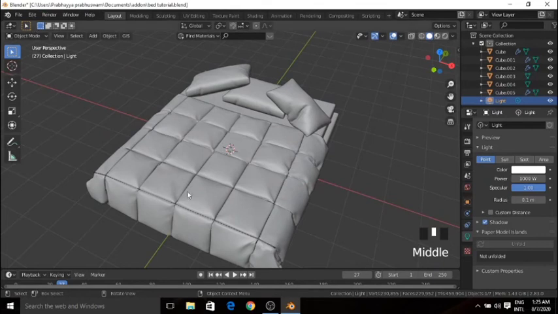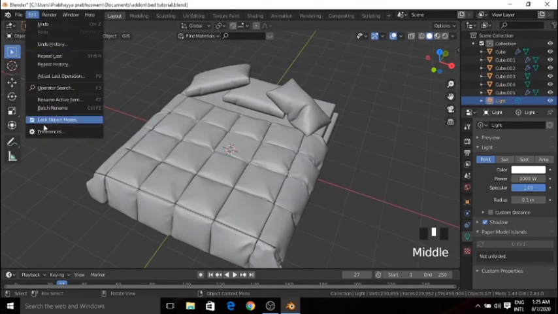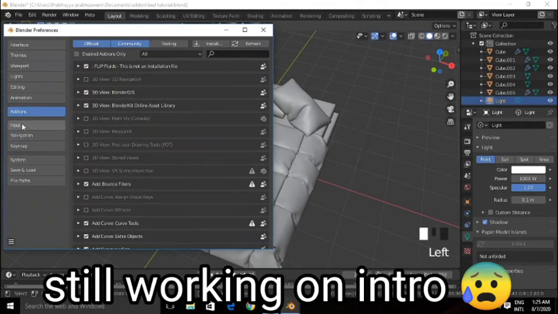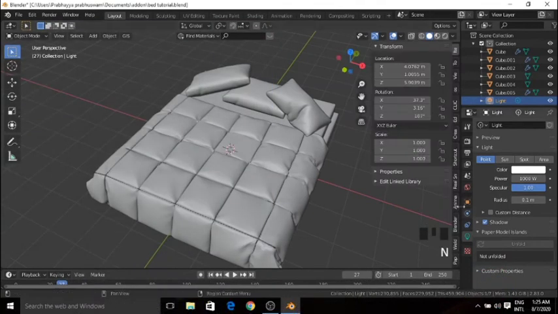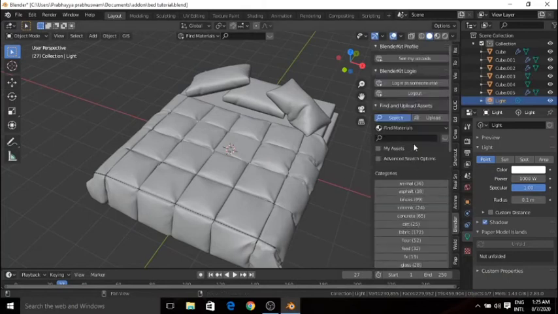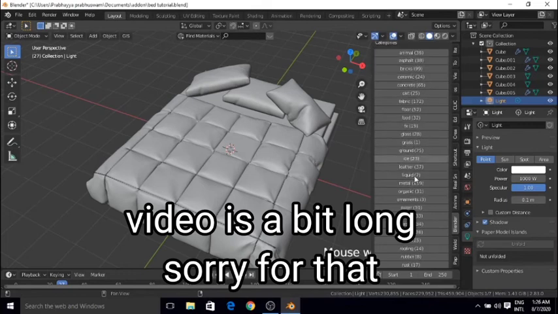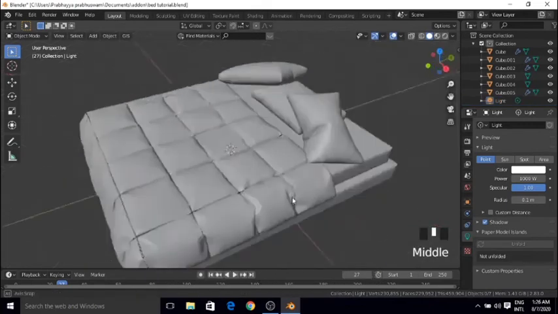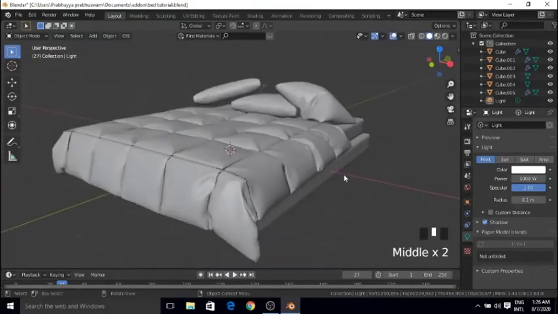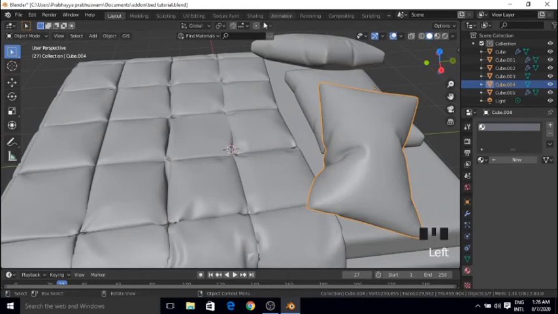learn much more nodes. So to do the easy way, go into preferences, add-ons and just enable BlenderKit online. Set library, press N, and here in the BlenderKit, just change it to material, find materials and choose any material and drag it in here. It will give all the mapping nodes, UV editing nodes, bump node, the normal map, etc. So let's get started by